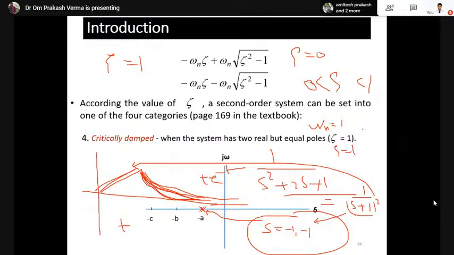Okay, sorry. So these four systems are very important for the control engineers. Overdamped systems are usually unstable, and we are not taking the overdamped system for designing any control instruments. However, we will see